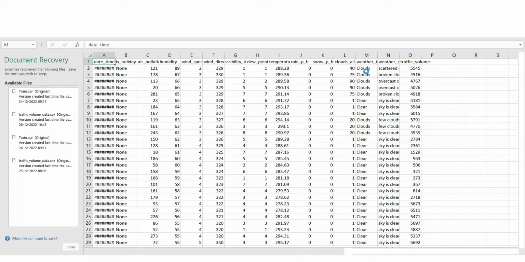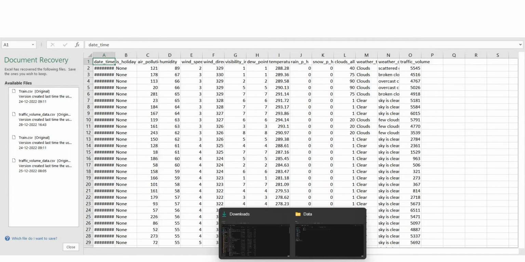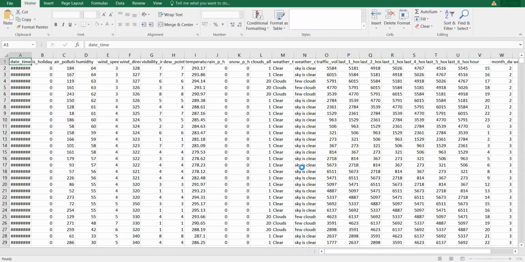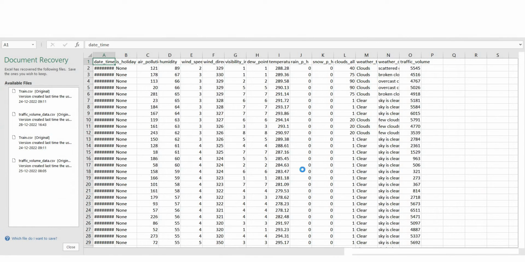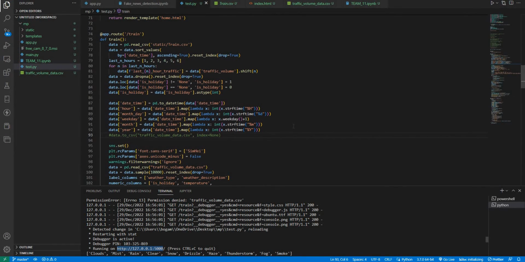And these are the string type data, which are the weather conditions and the type of weather present. This is the original data set which we have collected. From this data set we have extracted the required data for our project. And coming to our coding part,